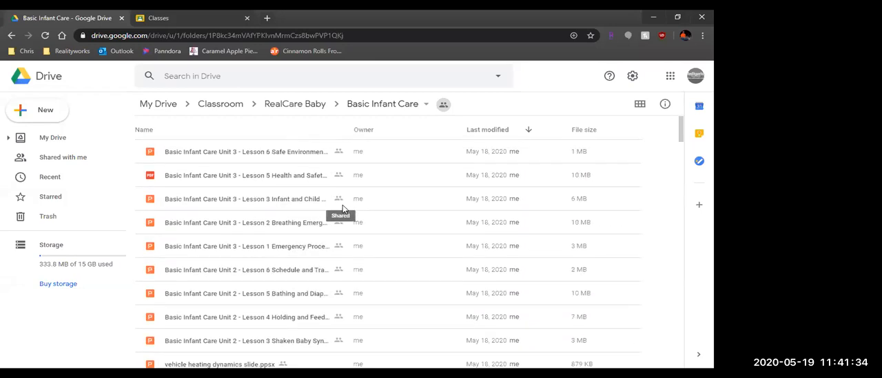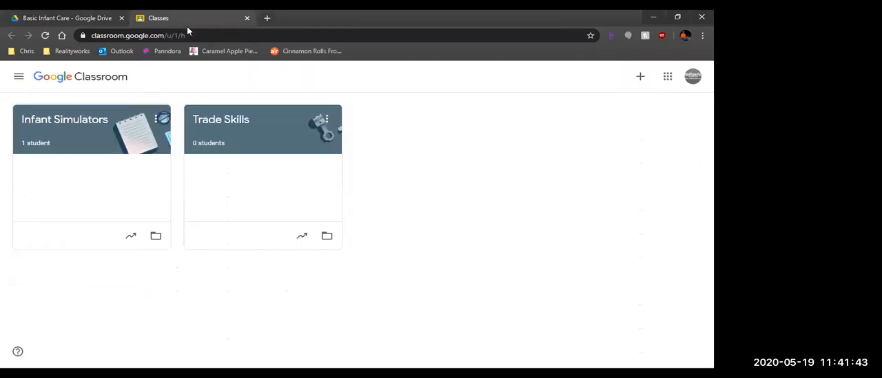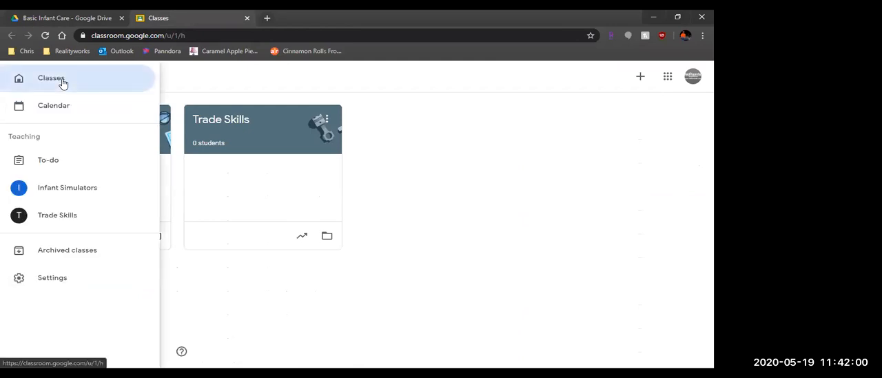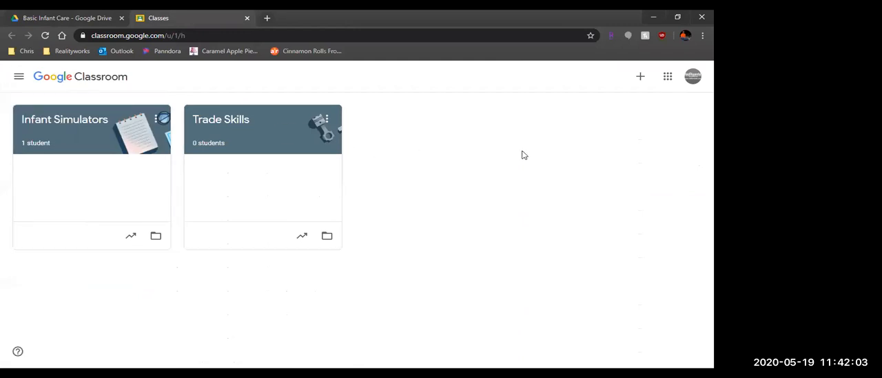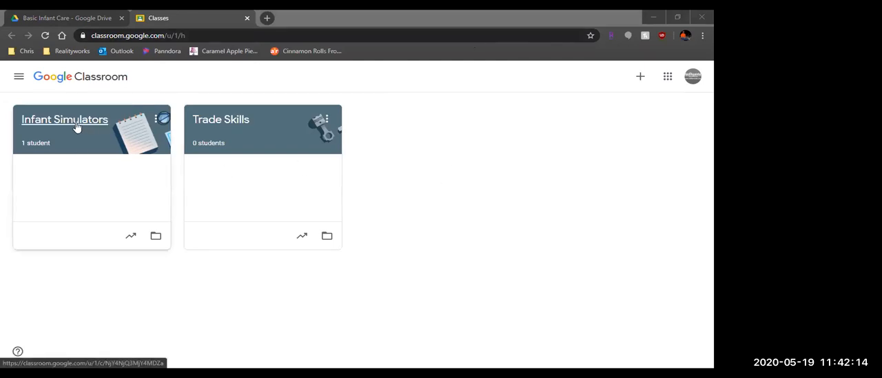Now that I've got all my files inside my Google Drive, I'm going to switch over and we're going to open up our Google Classroom here. And are you able to see the Google Classroom screen now? What we should see at the top here is, I'll call it a little hamburger icon. We can go and hit on our classes, and if we've got more than one class, they're going to show up as tabs here. Once we have those tabs in place, I'm going to go into the Infant Simulators class,